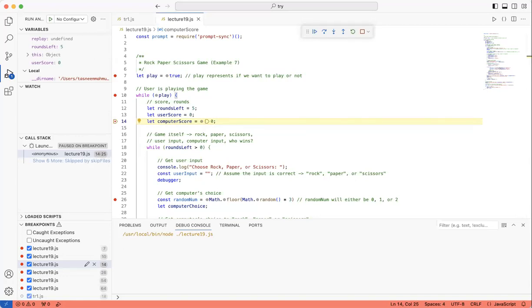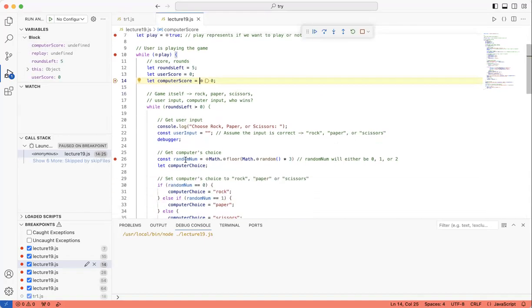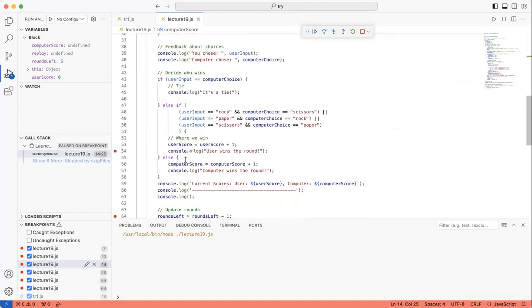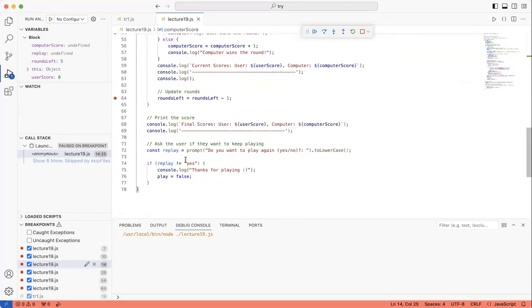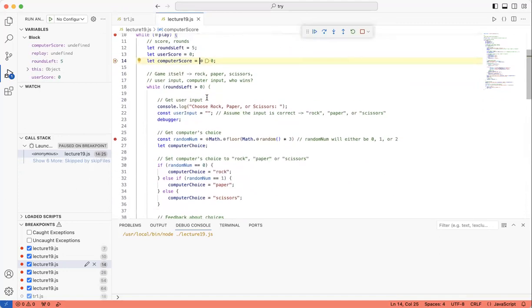Why is replay undefined? Because we did not yet go to the variable replay yet. Where is replay over here? Replay is over here. Have we yet gone to that part? We have not, right? So the replay is undefined. We have not stored any value yet.